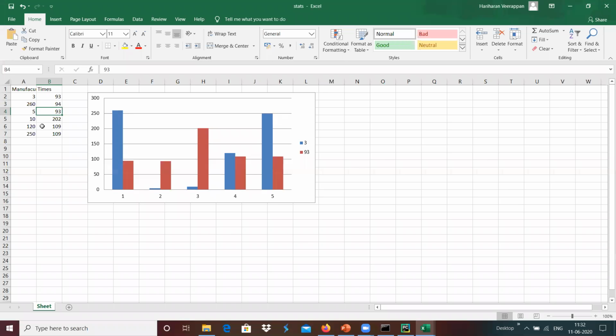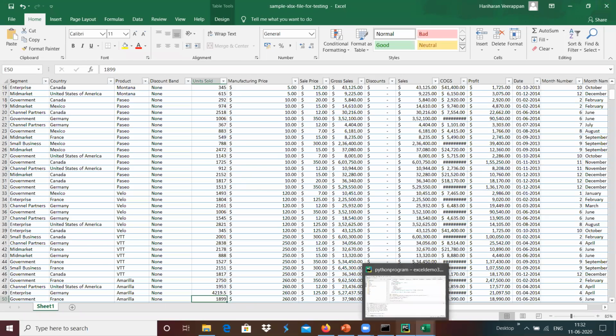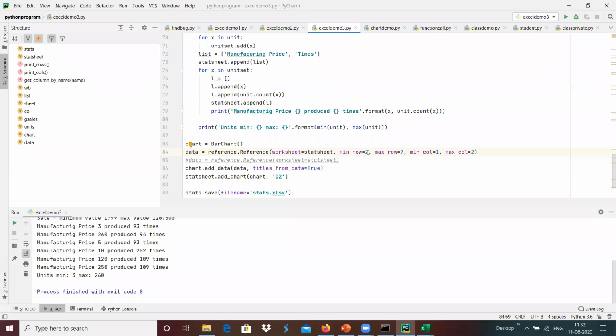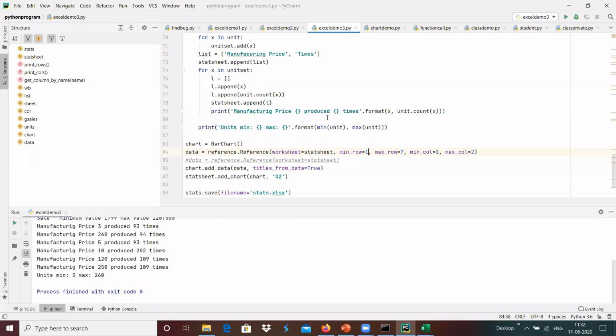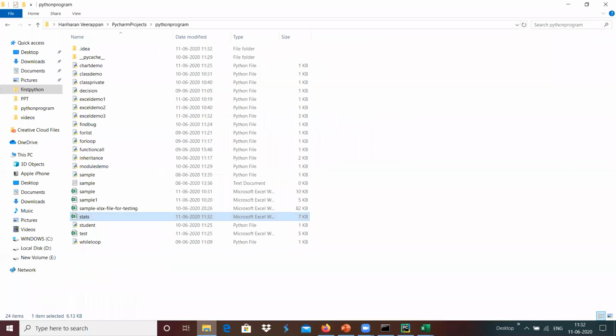But we wanted the statistics of manufacturing and times over here, and for that I'm going to change this. Instead of min row 1, I'm going to do min row equals 1 over here. Instead of 2, I'm going to do over here. The first row will be the data.